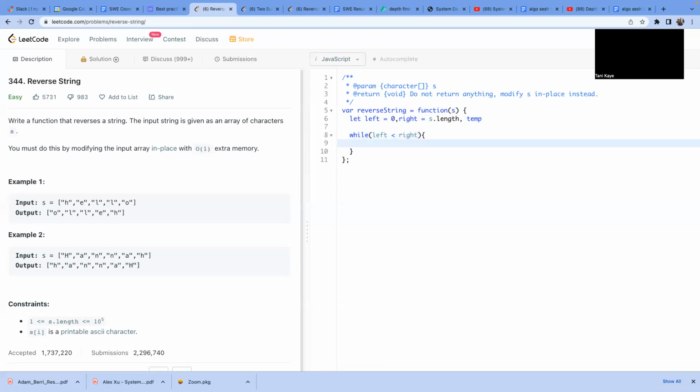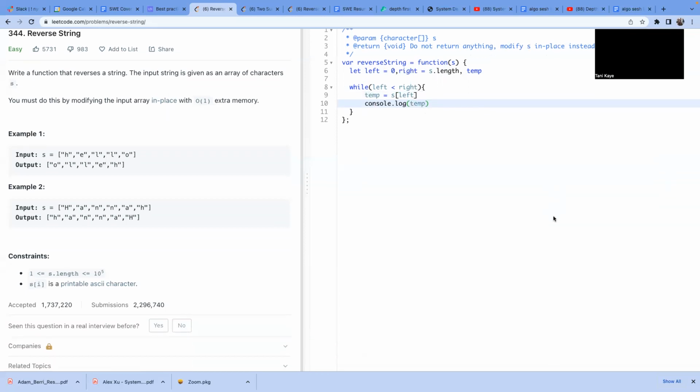So we're coding this out and we're saying, what do we want to set temp to? We want to set temp to s at left. Right now we have our bookmark. Now we know if we console log temp, and we run this,